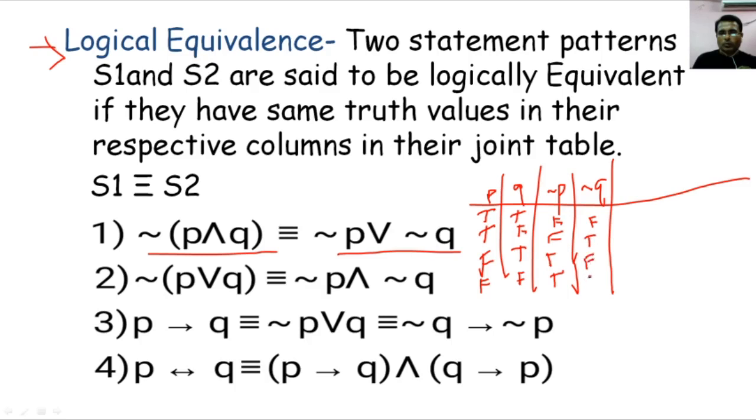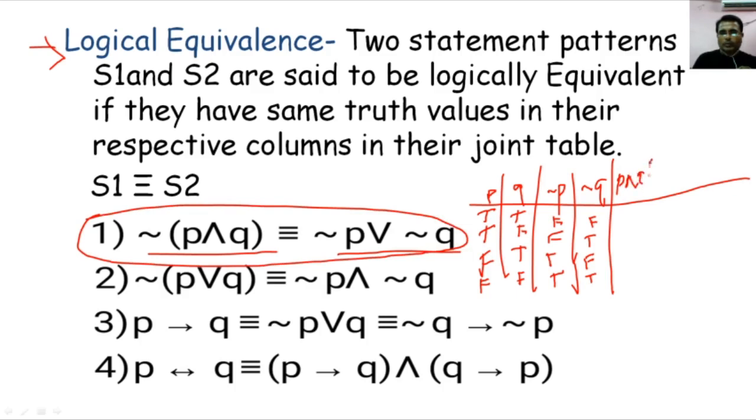Suppose we want to check the equivalence for this first statement, then we will observe that first you have to consider P and Q. We know how P and Q works. It is known to us that P and Q is nothing but, here we have to consider both are true, therefore the resultant is true, and for all others the resultant is false. So remaining resultant is false everywhere. You have this type of values for P and Q.